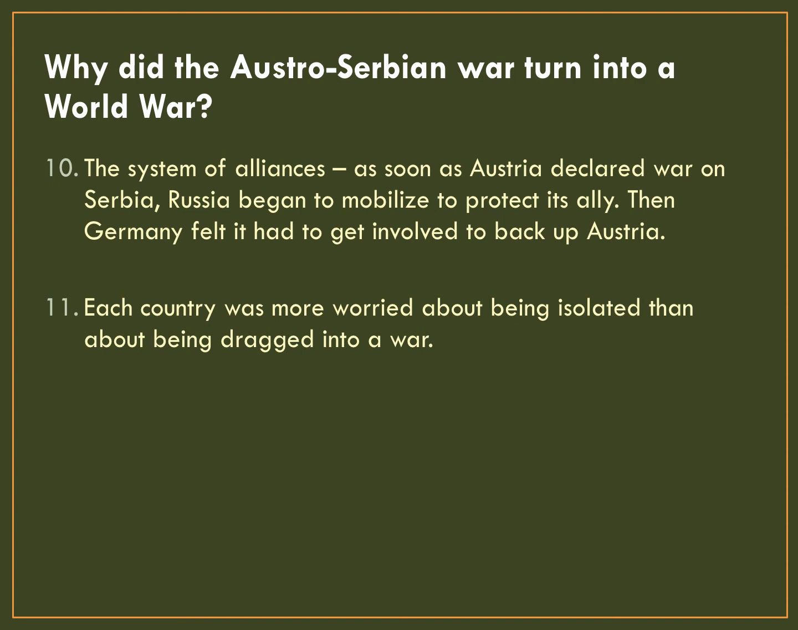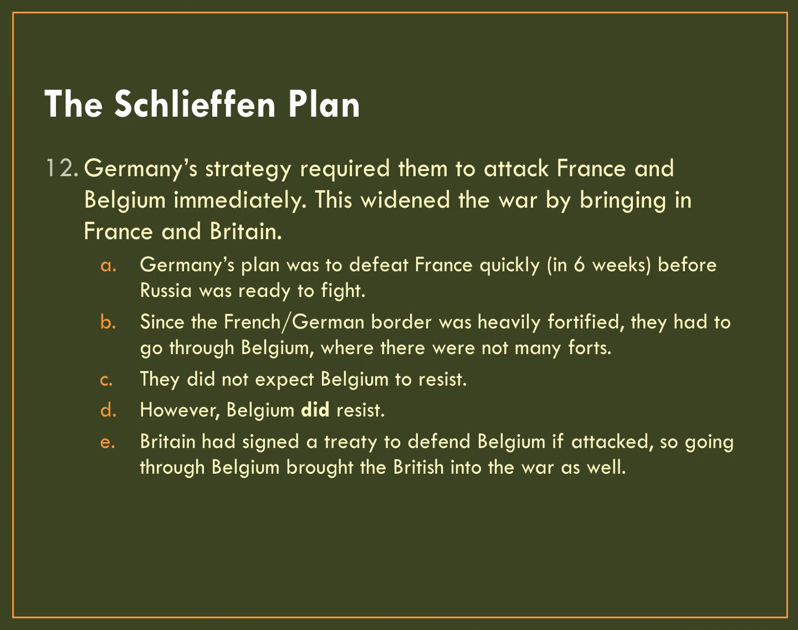So here's why it turns into a world war. When Germany feels it has to get involved, they enact the Schlieffen Plan. The Schlieffen Plan is Germany's strategy. Now the problem is that German officers, a couple decades before World War I, come up with this plan in the event that Germany goes to war. Again, a couple of decades before World War I. Now, as you can see,